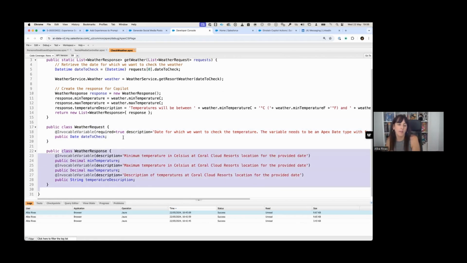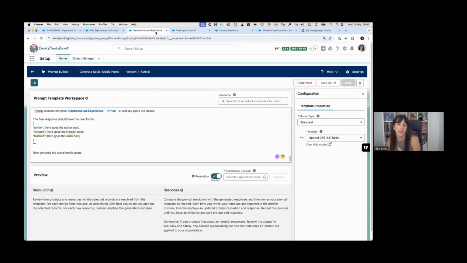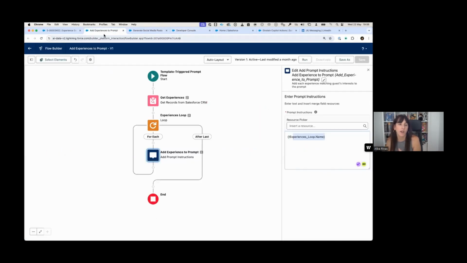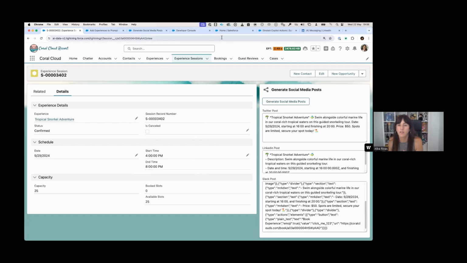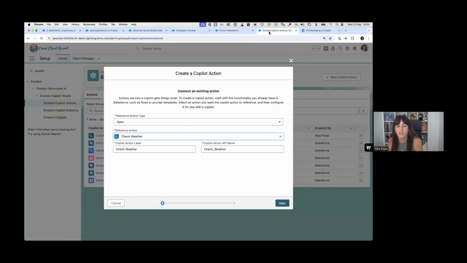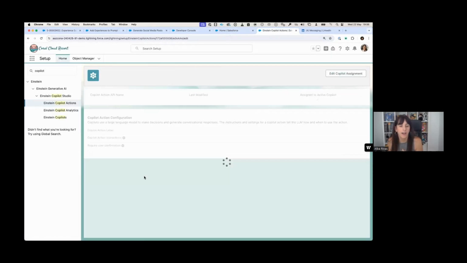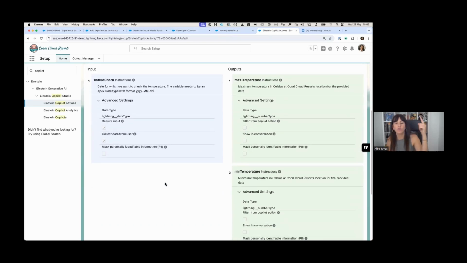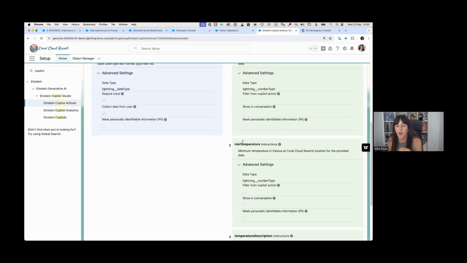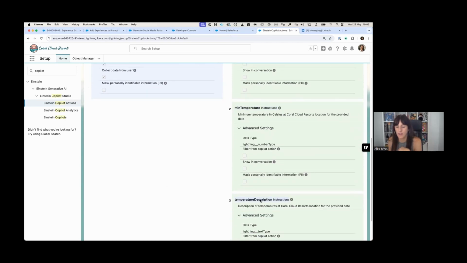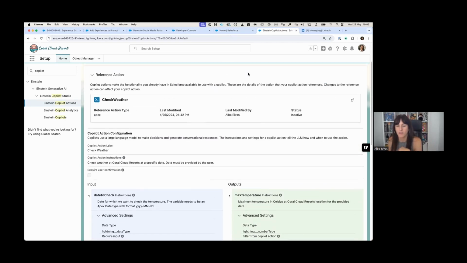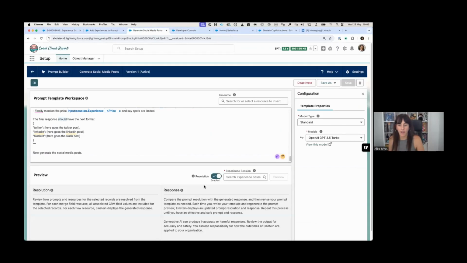And those inputs and outputs are the ones that you are going to need to map in your custom action definition. For instance, this is the input that we define in Apex, and these are the outputs that you define in Apex. Okay, so to test this final action,